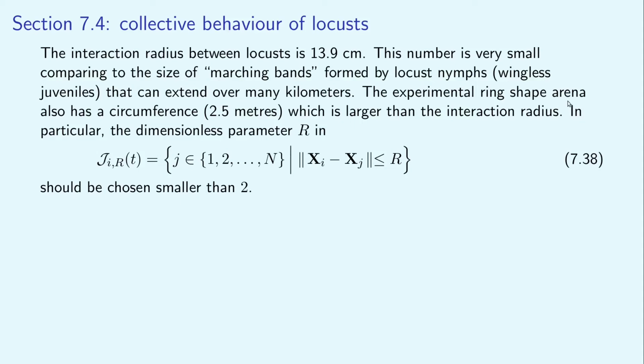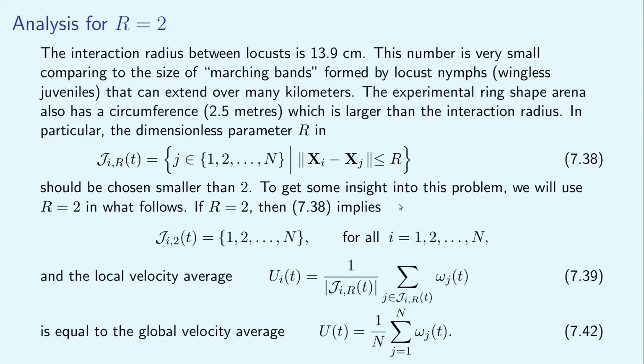The experimental ring-shaped arena also has a circumference of 2.5 meters, which is larger than the interaction radius. In particular, the dimensionless parameter r should be chosen smaller than 2. One could argue that given these experimental values, the value of parameter r should be fixed. However, in our computer simulation, we can vary it as well. In fact, we can obtain some nice analytical insights into the problem if we initially choose r equal to